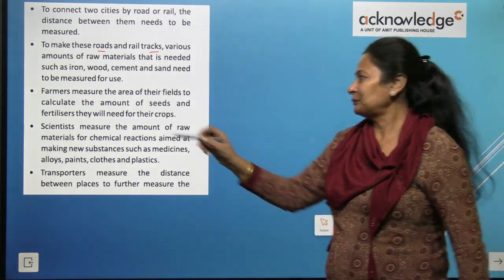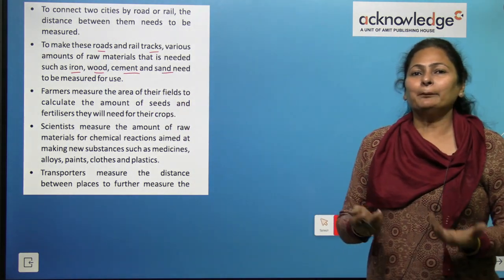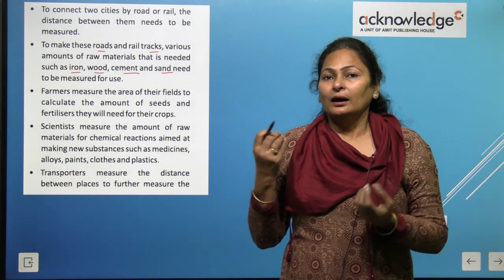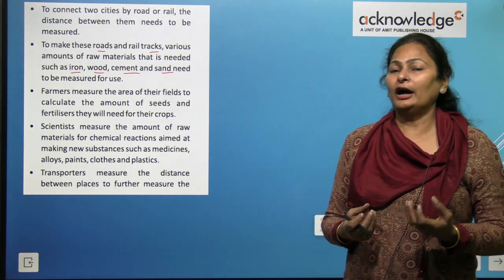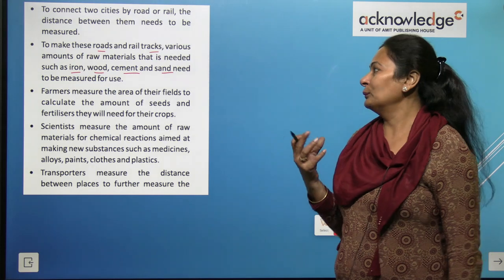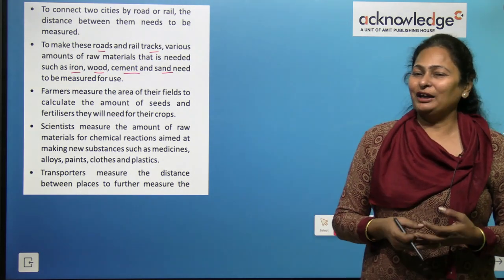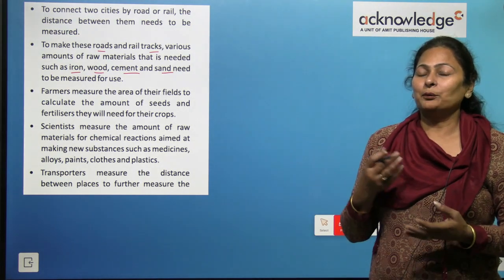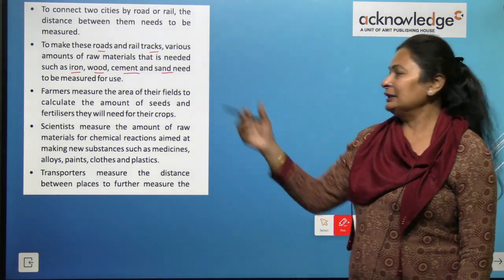What is needed? Iron is needed, wood, cement, sand, and many more. But there must be some measurement of the combination, or how much iron is needed to build a road, how much wood is needed, how much sand, cement, how many labor would be there. So we need to calculate all this, then only we can proceed for the roads and for the rail tracks